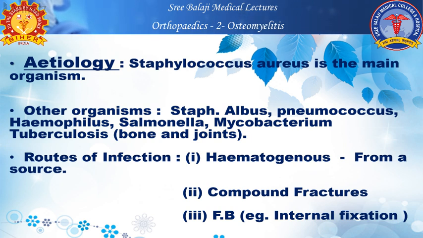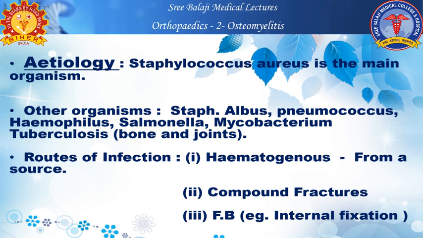Common routes of infection: hematogenous. This is the most common route, where the source of infection will be somewhere else in the body, like an ENT infection or skin infection or dental caries. From there, the organism gains entry into the bloodstream, and through the bloodstream, it can reach the bone and cause